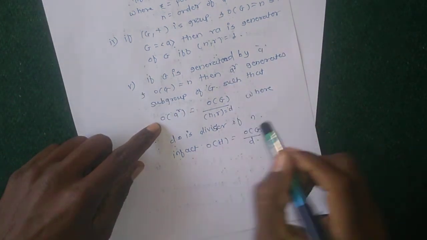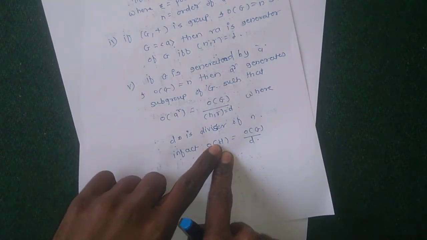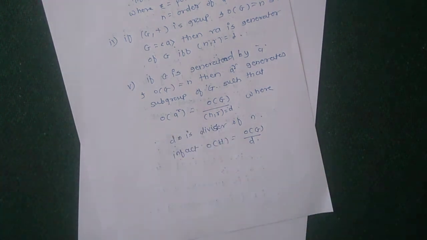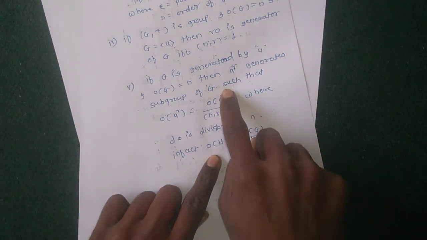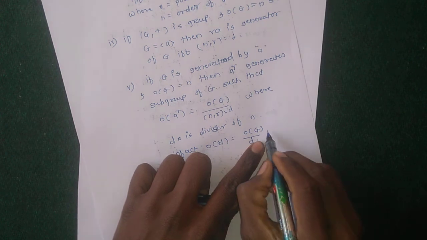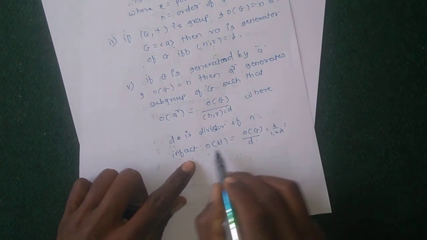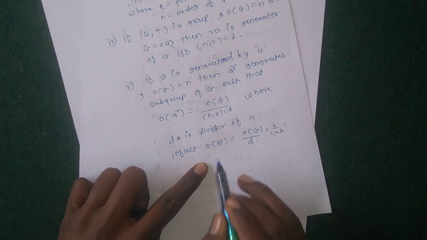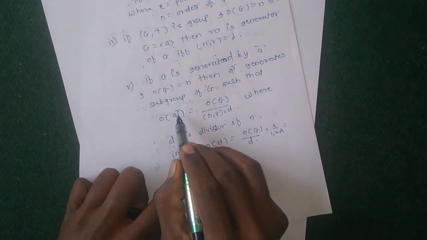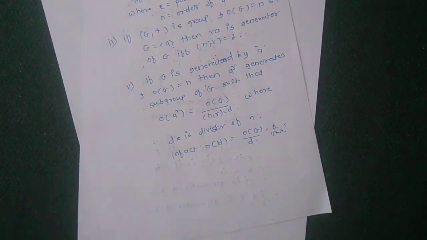A raised to R is a subgroup of G, and this subgroup is called H. How do we find the order of a subgroup? It is a divisor of the order of G. Suppose the order of G equals 4, then the divisors are 1, 2 and 4. The order of H is 1, 2 or 4, depending on the power A raised to R, that is, on the GCD of n and R. So this is the fifth remark to use in solving problems.